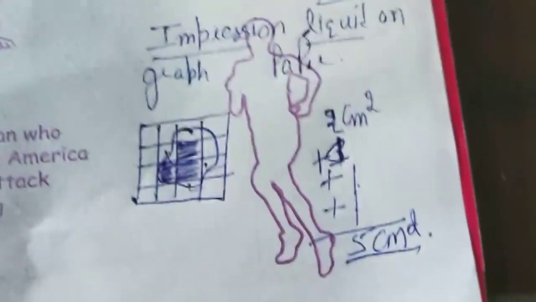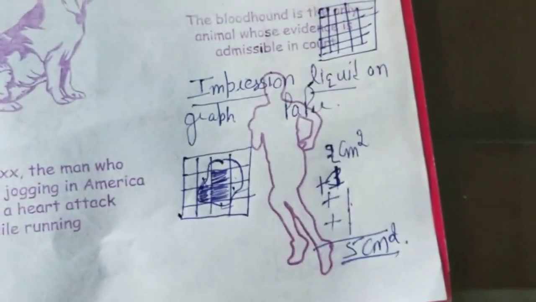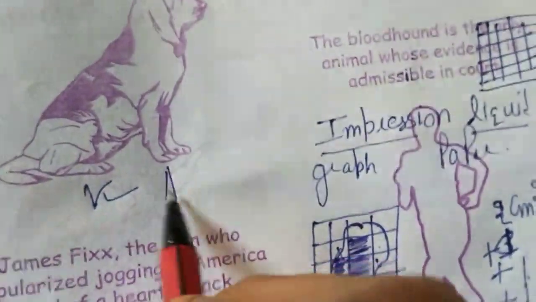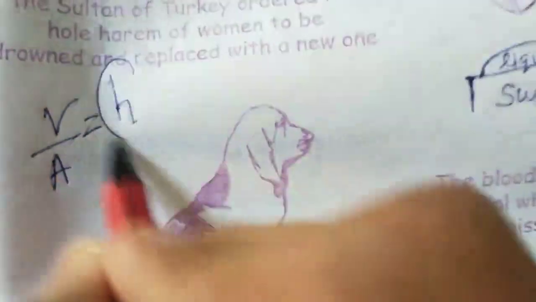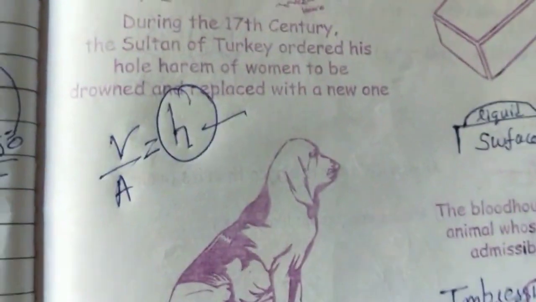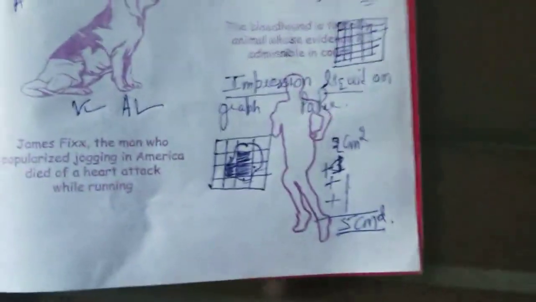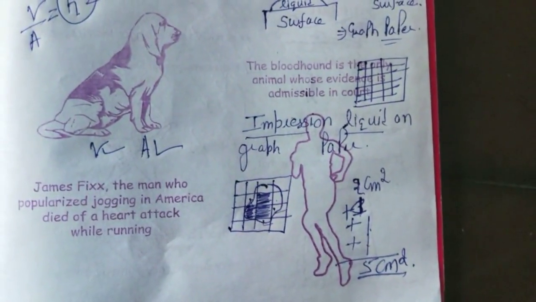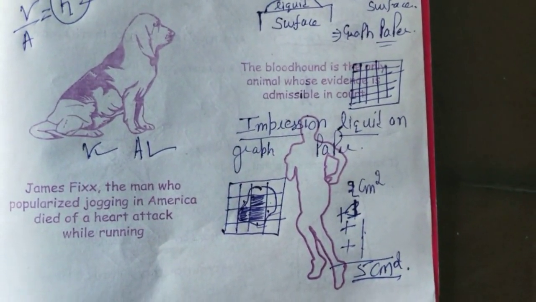That means you will get the approximation of area on a graph paper. Your second step is to calculate the area. You have calculated volume and you have calculated area also. And if you divide the volume by the area, what will you get? You will get the height of the molecule or diameter of the molecule. That is your target, to find the size of the molecule. So now you understand how we get the area of a liquid. We spread the liquid on a surface and place a graph paper on the liquid, and an impression of that liquid gets generated on the graph paper.